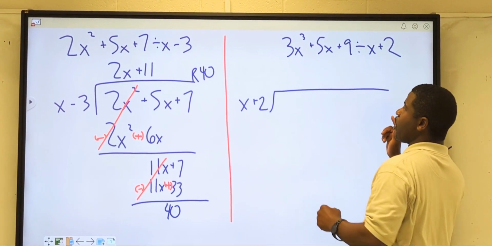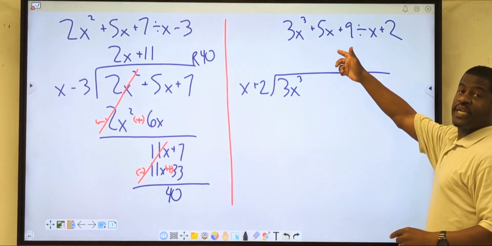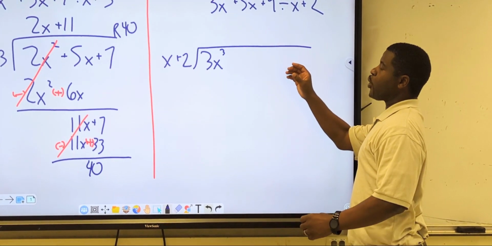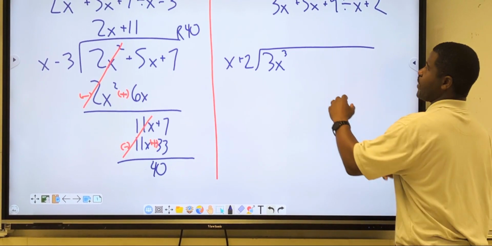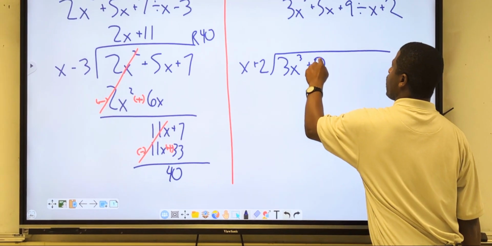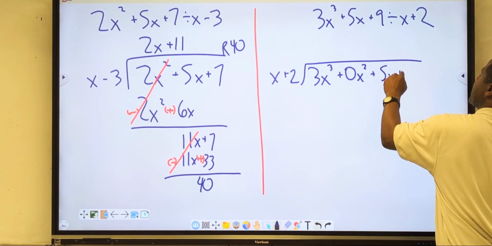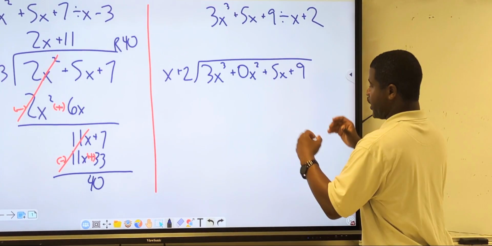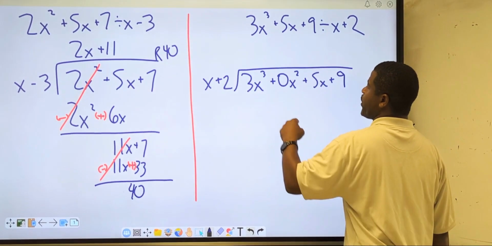But one thing that we want to notice is that we are missing an x squared term. So anytime we're missing an x squared term, we want to keep the proper spacing and integrity of the problem. We want to put in 0x squared. We use that simply as a placeholder. Okay, it keeps the integrity of the problem. So now we have x will go into 3x cubed,